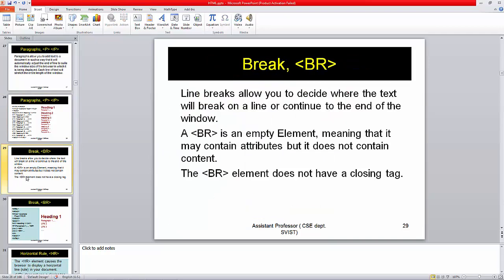So thereafter we have a break br statement. This is a tag which is an empty tag. So empty tag means what? Empty tag actually means an empty element tag, because it does not have any closing tag. Br is mainly written where we need a break. Break means break of a sentence, like that. We require this break tag.